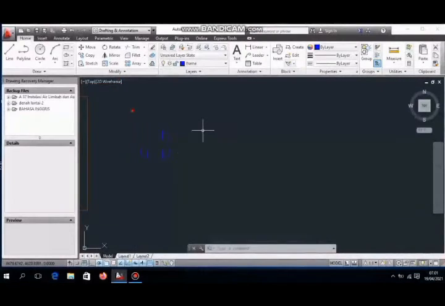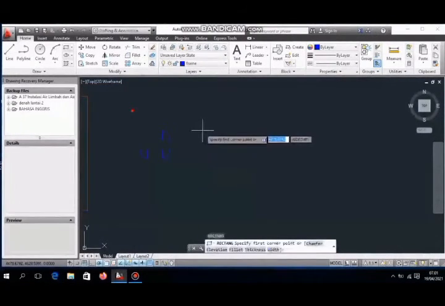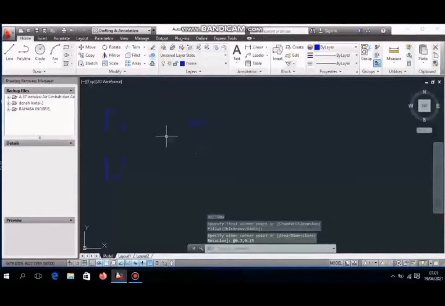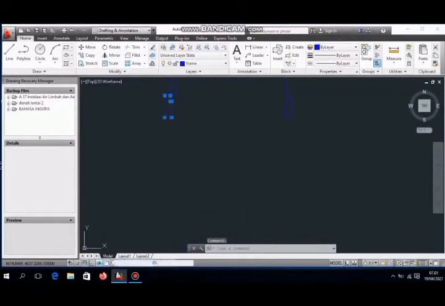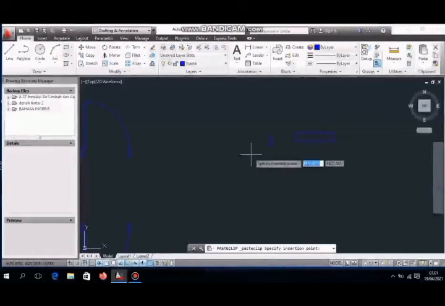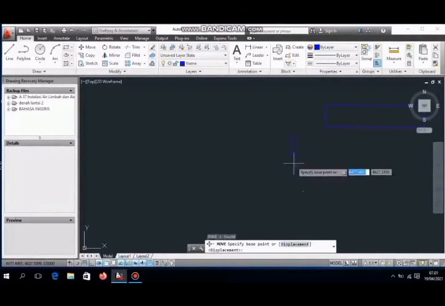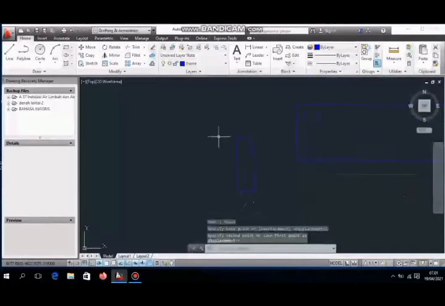After that, we make door for bedroom. Rectangle. Input the size. We just copy and move.